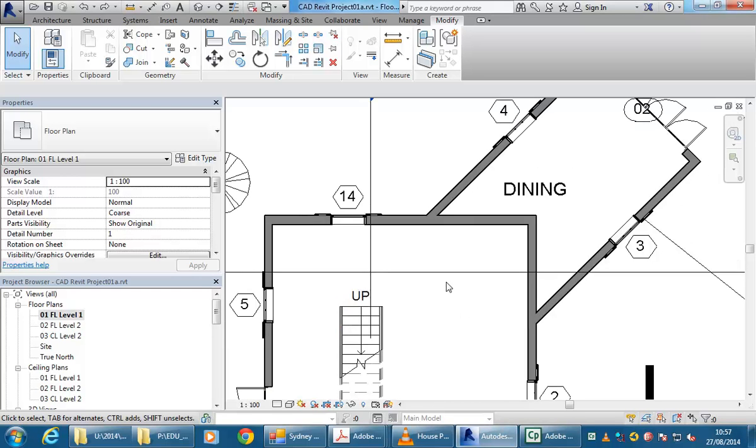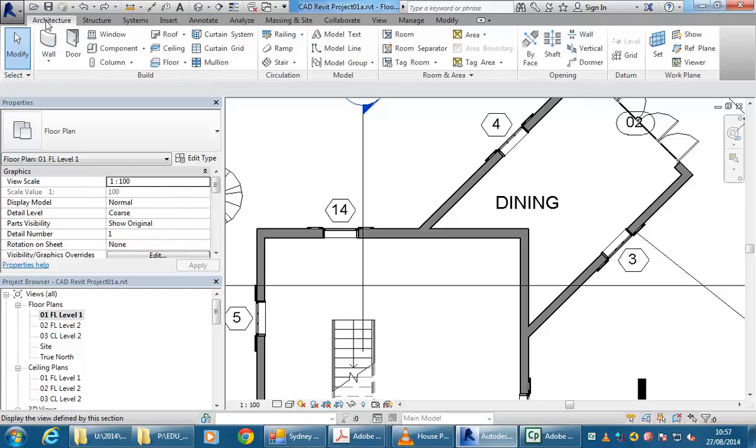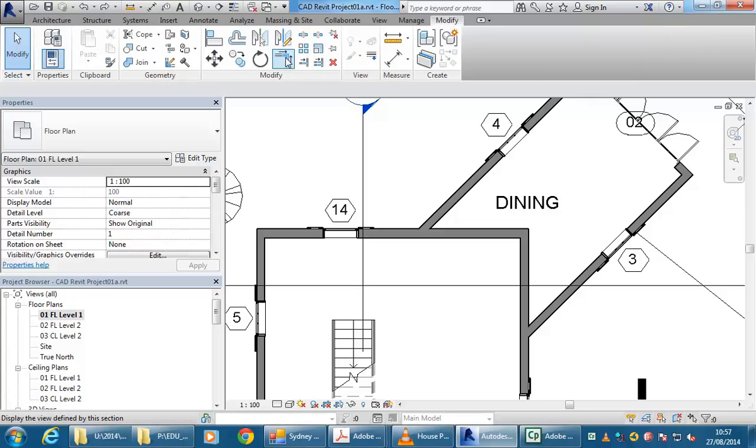So I'm going to show you how to take this wall away from the ground floor and then put it back in on the first floor. So on the Modify tab, Trim to Corner,